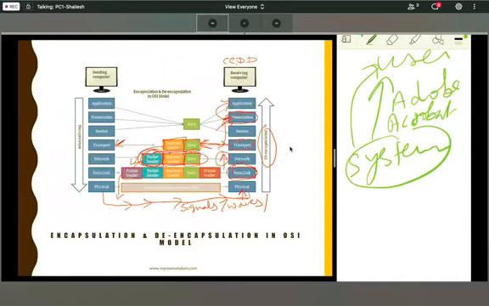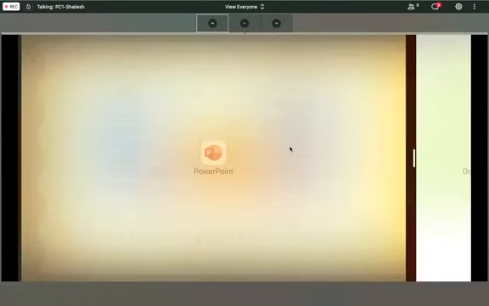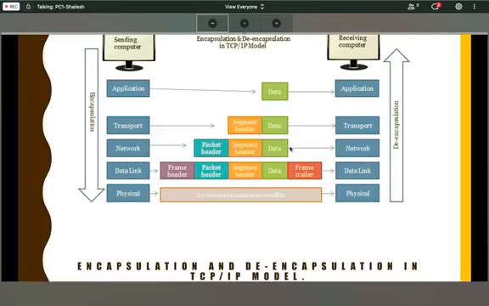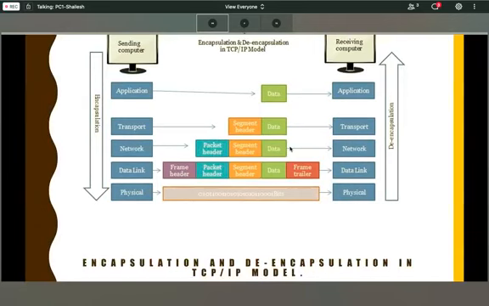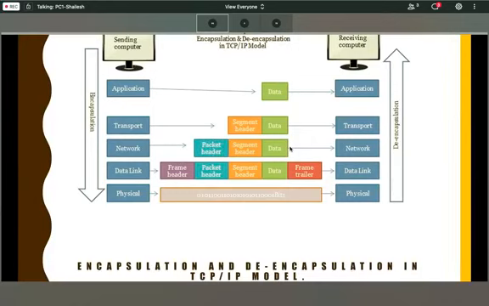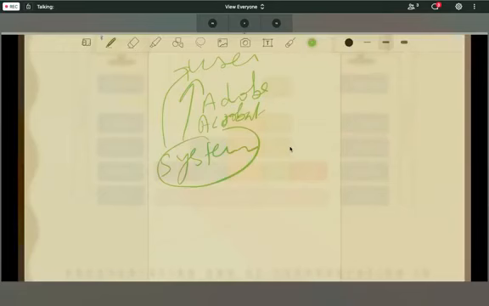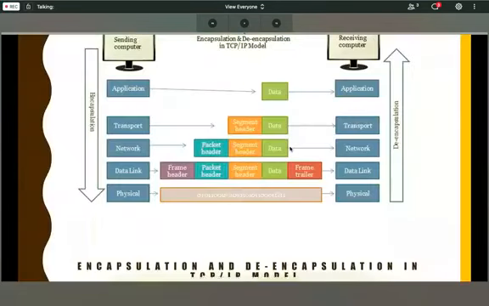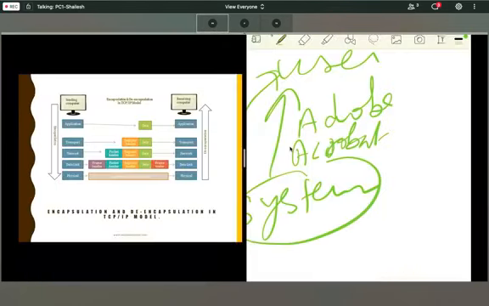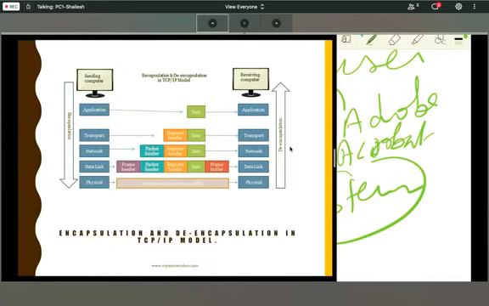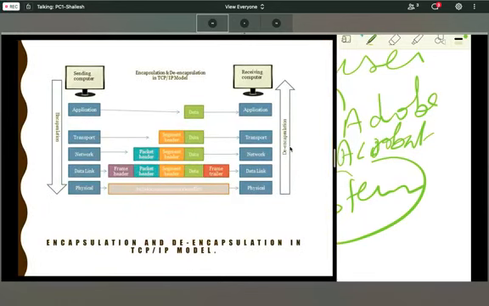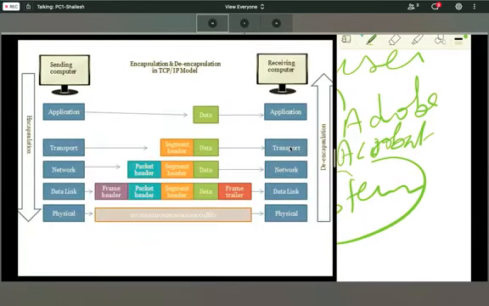Now we have the TCP/IP model. We have seen the OSI model, now we will see TCP/IP. In TCP/IP, we have fewer layers. We have the physical layer, data link layer, network layer, transport layer, and application layer.